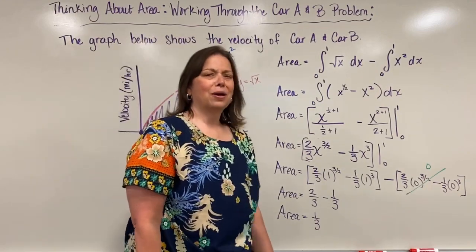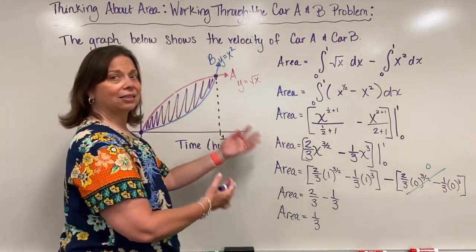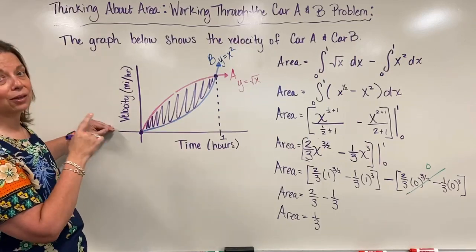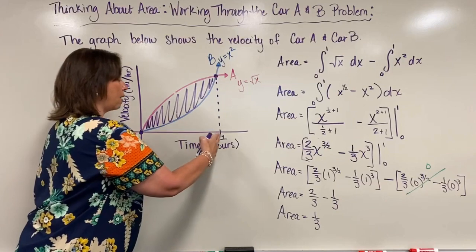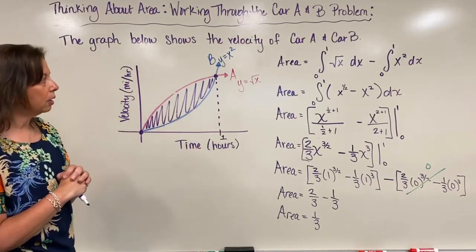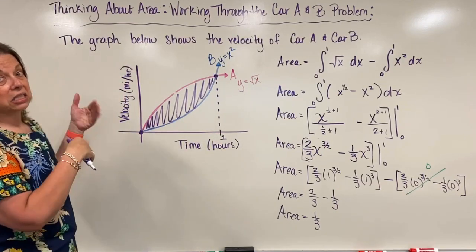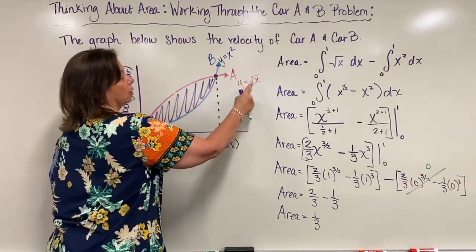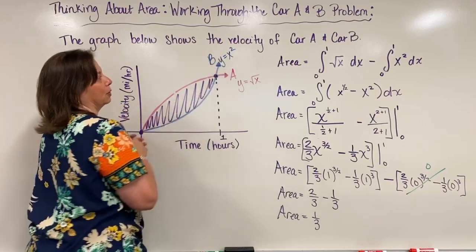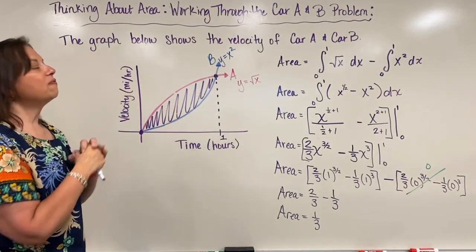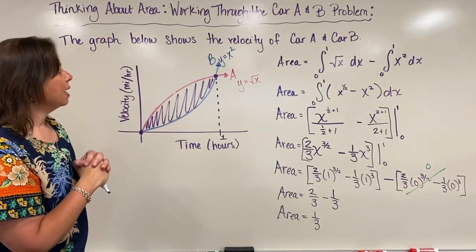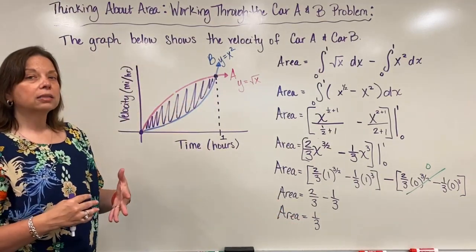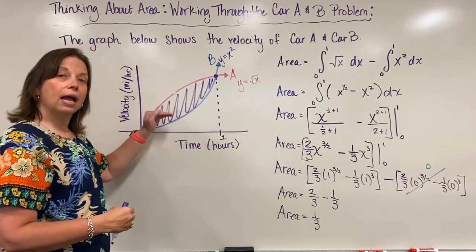Now you might be thinking, well, 1/3 what? Okay, let's go back to the original problem. Remember, we were given velocity in miles per hour. We have traveled for exactly 1 hour, and our velocities apparently, magically, were modeled by these wonderful functions, y equals square root of x and y equals x squared. And so if that all were true, then essentially this area reveals to us how much further car A traveled